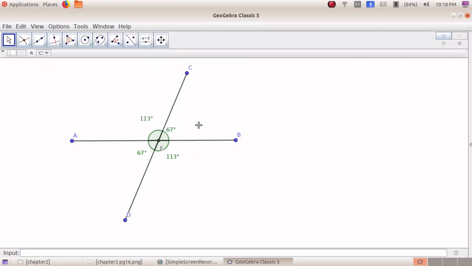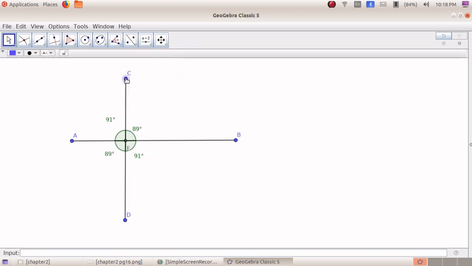So my degree is changed like that. We know the angle of a straight line is 180 degrees, isn't it? Using the move tool, I can move the point. Understood? When you move the point, we can see the degree also changing.